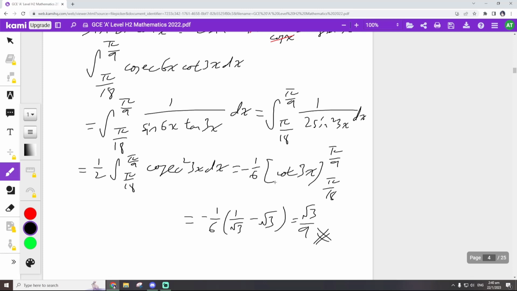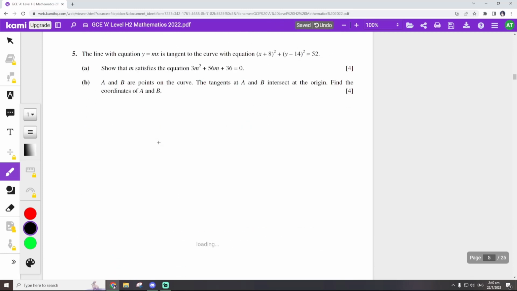Okay, cool. Fifth question. The line with equation y equals mx is tangent to the curve with equation (x plus 8) squared plus (y minus 14) squared is 52. Show that m satisfies the following equation. This is a quadratic curve, so if you remember your A maths, if you sub in y equals mx, then it will work if you use the discriminant. So (x plus 8) squared plus (mx minus 14) squared is 52,